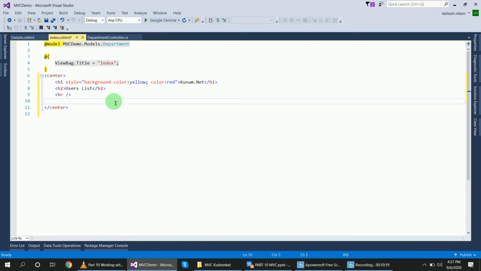Now I want to display the links of the department list, right? So I will use unordered list UL. Inside of this I will use a for each loop.